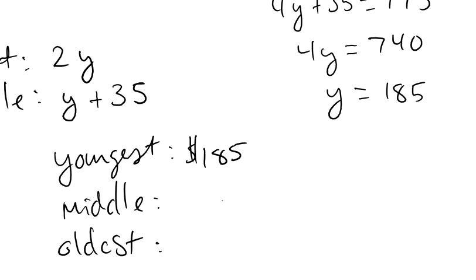For the middle, it was $35 more than that. So if I take the middle child and add 185 plus 35, I get $220. And then finally, to get the oldest daughter, I'm going to take the 185 and double that, and that gives me